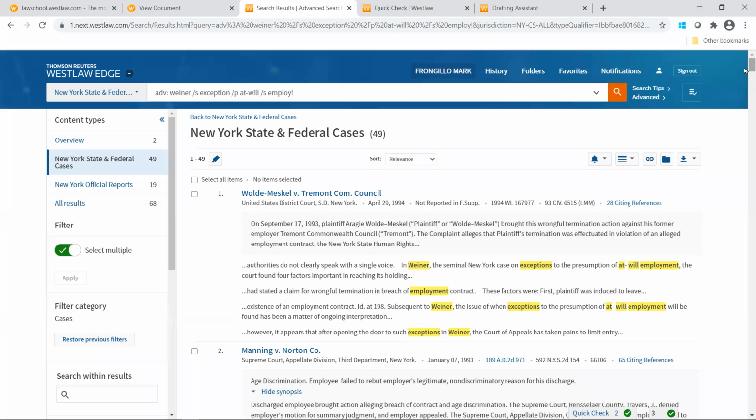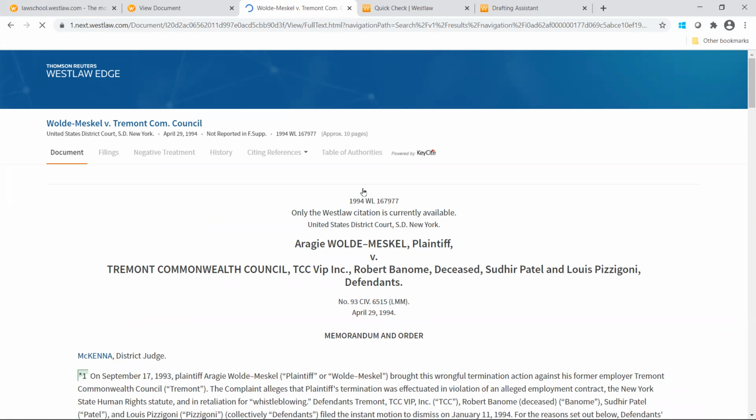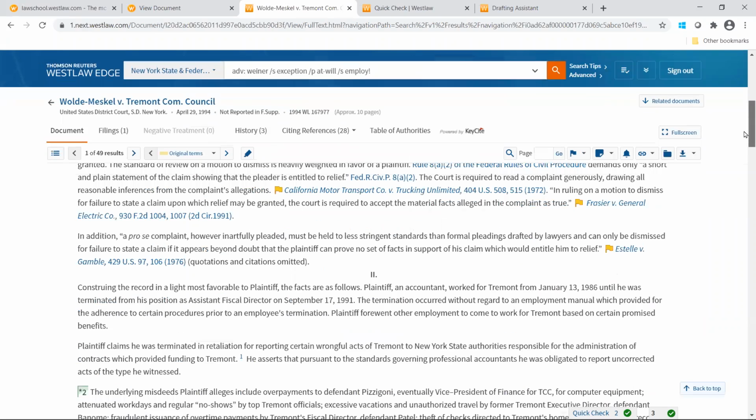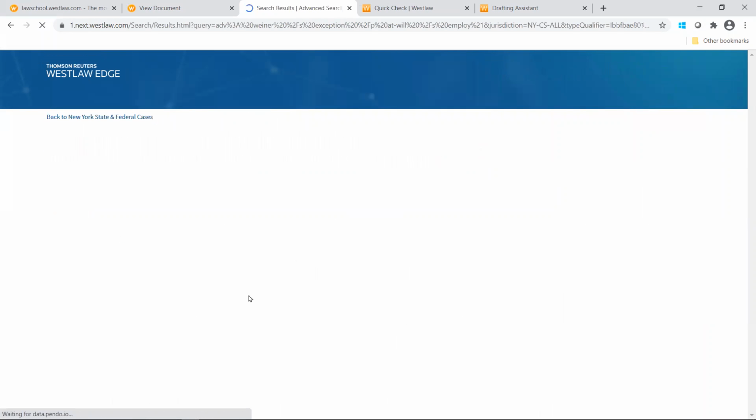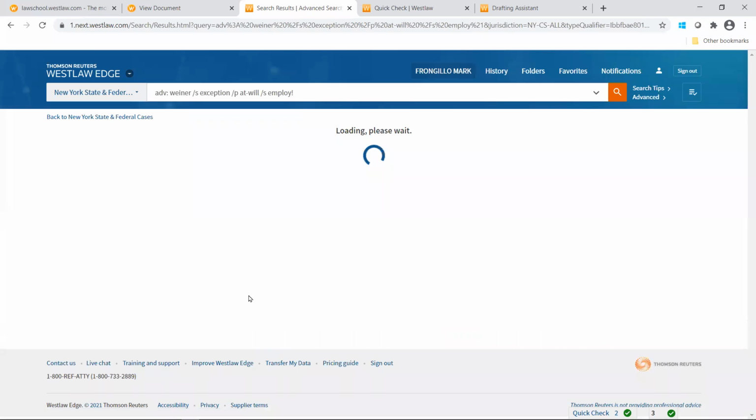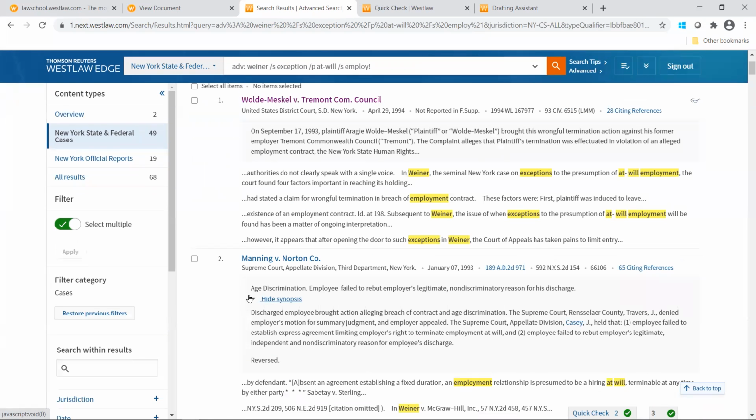So here's the shortcut, and this is not in the handout, so I'll paste it in chat in a minute. If you're reading a case and it mentions your issue in either the, well, this is an unreported case, in either the synopsis or the head notes, you know the case is directly on point. So what I always tell students to do, anytime you're researching an issue, and you know that this